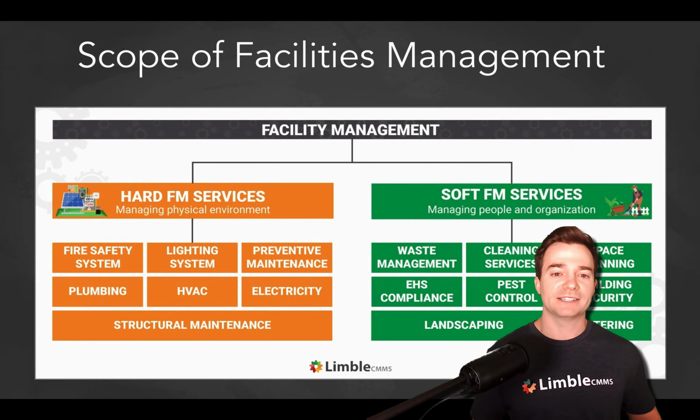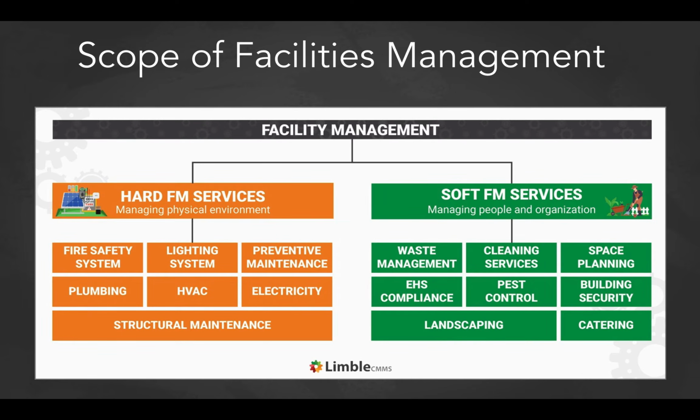So facility management activities are often categorized into two groups. We have hard facilities management, or hard FM, and soft facilities management, which is soft FM. Hard FM services are concerned with space and infrastructure. In other words, they focus on the physical components of the work environment. Some examples include inspecting the fire safety and lighting systems, as well as maintaining the plumbing system, maintaining the HVAC system, staying in compliance with fire safety regulations, maintaining mechanical and electrical systems, as well as any other type of maintenance.